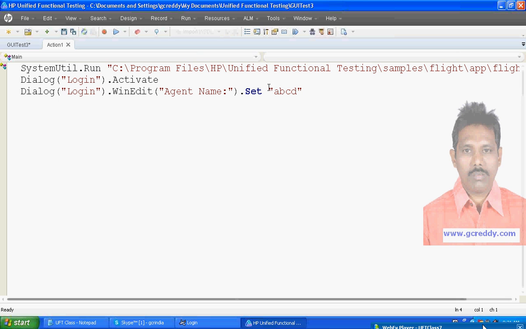See, VB script syntax rules. If it is string type data, suppose alphabet type data, character type data, use double quotes. Numbers, no double quotes. Date format, hash codes. Anyhow, that I will explain in VB script chapter. Next operation,